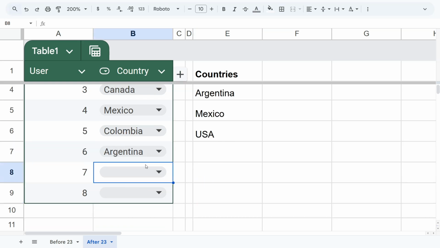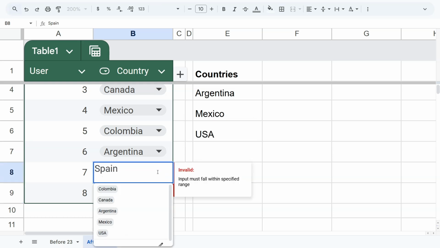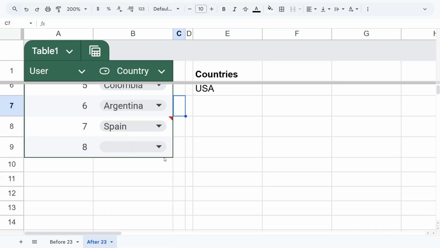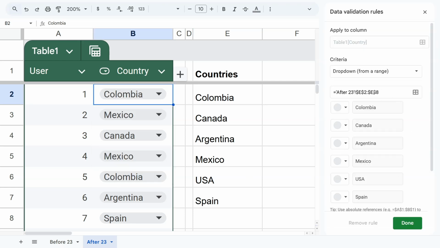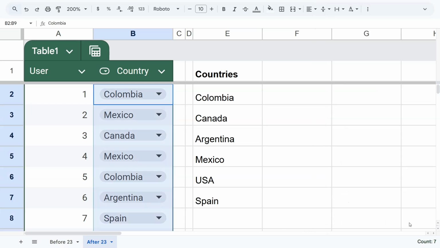But if I add a new one, we still have the same problem as before. If I had, let's say, Spain, I could add it, because remember that dropdowns in tables allow other answers with this red arrow, but I don't have it in my dropdown. So I would need to add Spain here. The not so nice thing is that I remember that in my dropdown I had to leave this open, and you don't know how many rows you need to have it open for. E10, E20, what I normally do is leave this open until 500,000, so I could put however many countries or